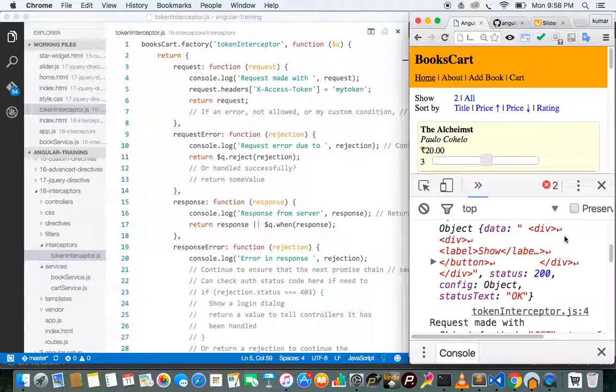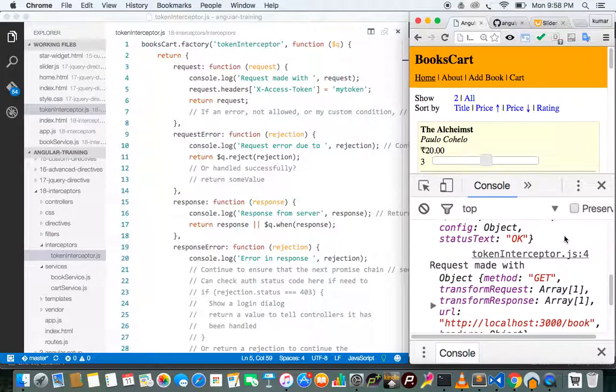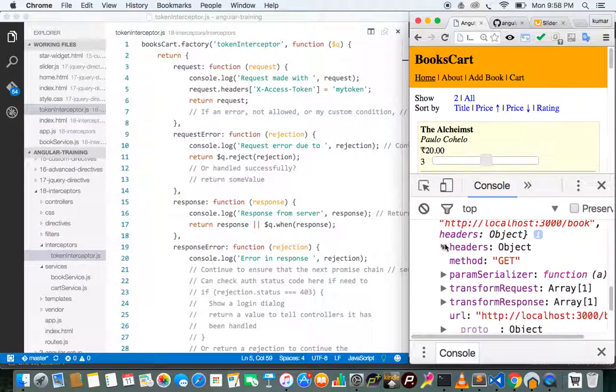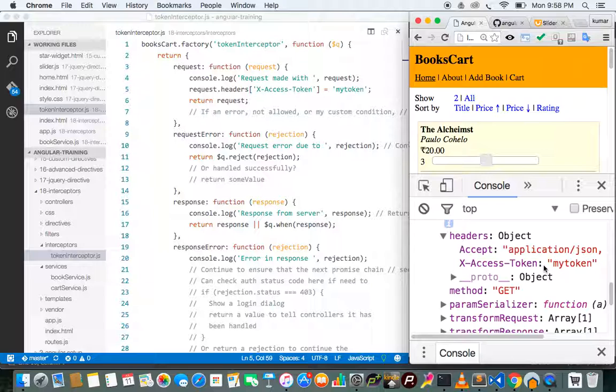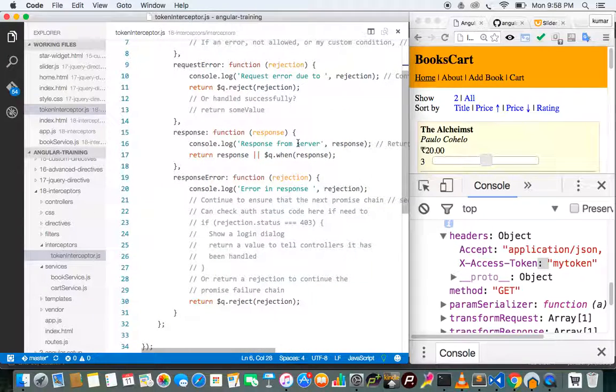So if I refresh and if I see any request inside headers, this token has been added, right? So using interceptors, we can also play around with request headers. So it intercepts all the calls to the server and puts some token. Right. Similarly, in